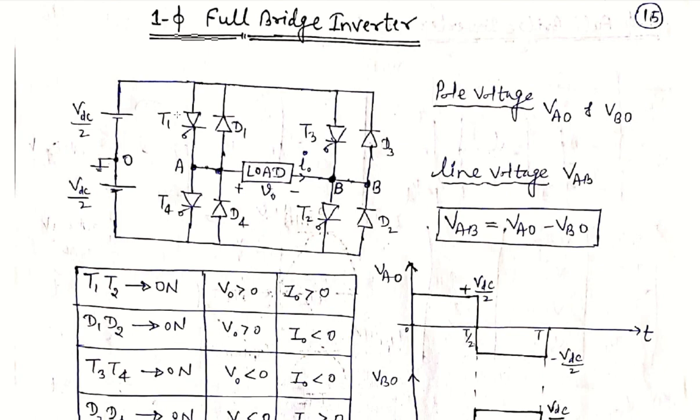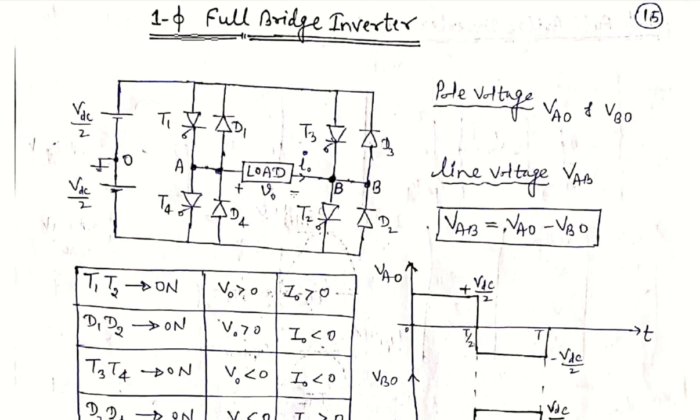So see, in the half bridge topology we use two thyristor switches as well as two diodes. Now we extend this, it is just doubled here. So there are four thyristors and four diodes, because we have to form the bridge structure. Four thyristors and four diodes are needed in the full bridge structure, and the load is connected to the points A and B. And again the supply voltage is divided into two parts, VDC by 2 and VDC by 2.